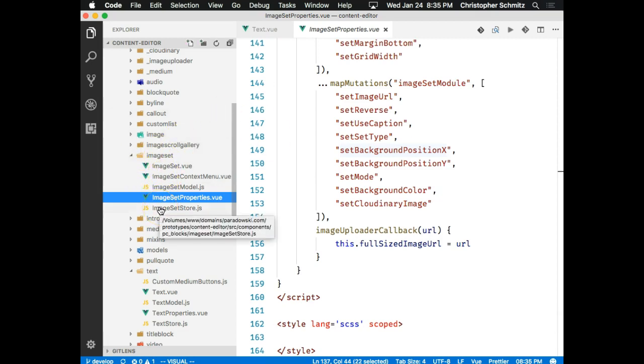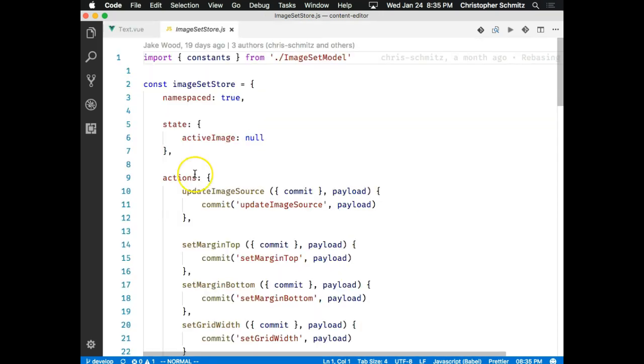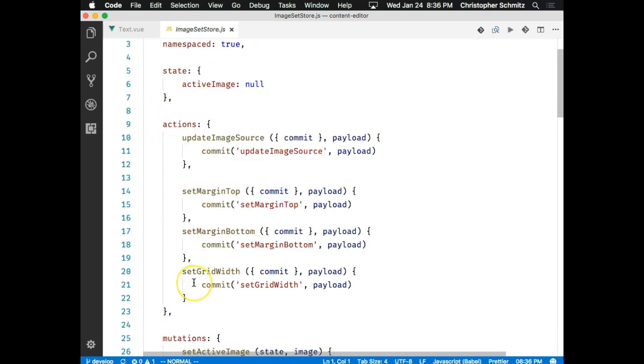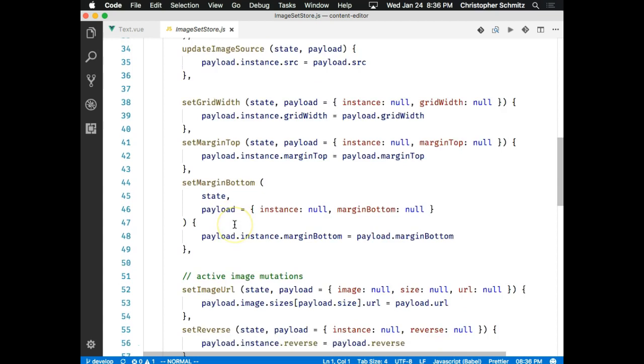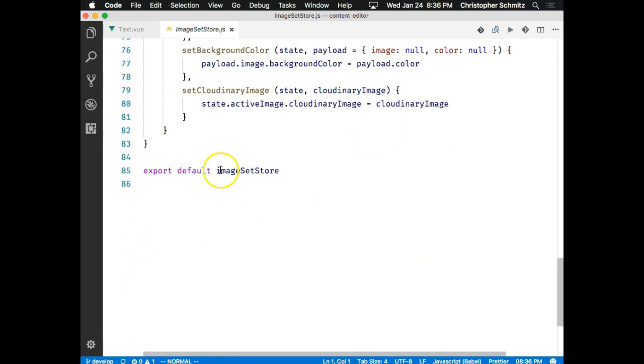In addition to having one big store, which can get large and unwieldy, like the global store in this one, which is pretty large and unwieldy, you can also carve out specific store modules. So I have a set of store actions I want to happen for this one particular component. I can say create this image set store module, and then put in actions and mutations that are specific to this image set component, organize them here, and it becomes a much smaller file. And then within my global store,